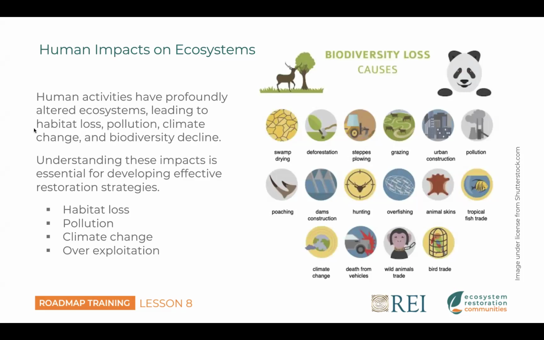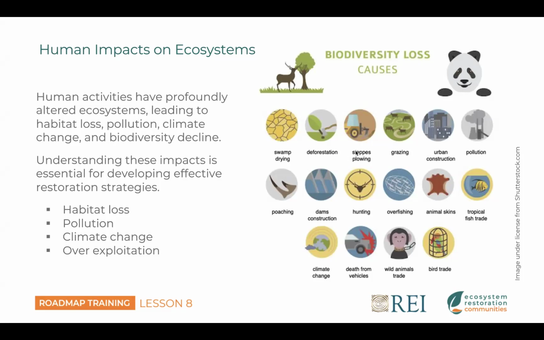So some of the human impacts that we're having on the planet: human activities that have profoundly altered ecosystems, leading to habitat loss, pollution, climate change, and biodiversity decline. And biodiversity decline, to me, is one of the most important things that needs to be dealt with. Understanding these impacts is essential for developing effective restoration strategies. So some of the things that we're working with is drying out swamps and turning them into agriculture,